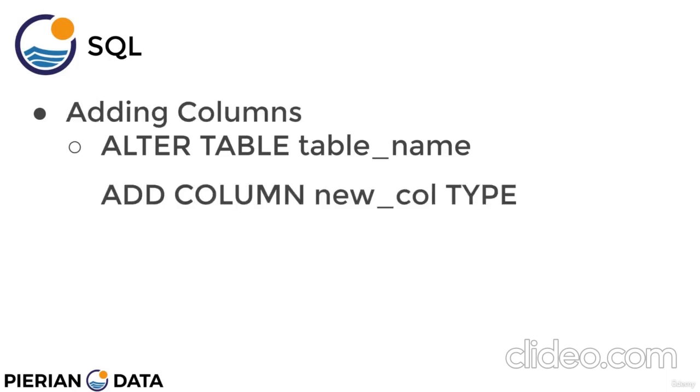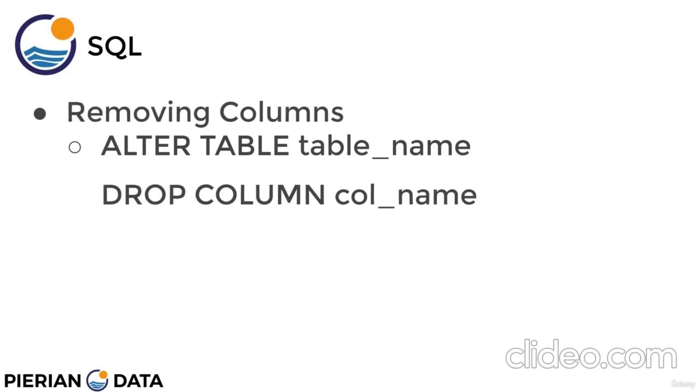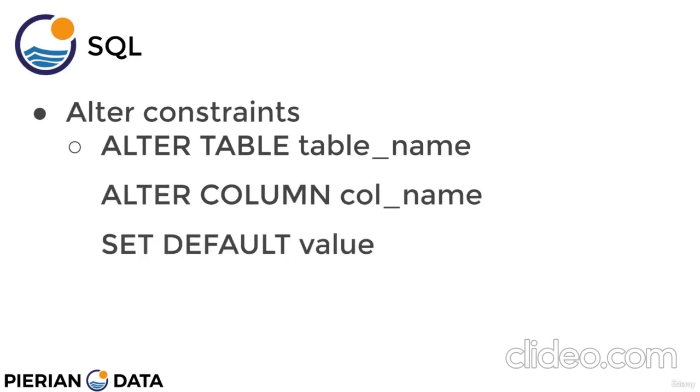For example, if you wanted to add columns to a table, you would say alter table, table name, add column, the new column name, and then specify a data type. You can remove columns by saying alter table, table name, drop column, and then the column name you want to drop. You can alter the constraints of an existing column by again using alter table, table name, alter column, the column name,